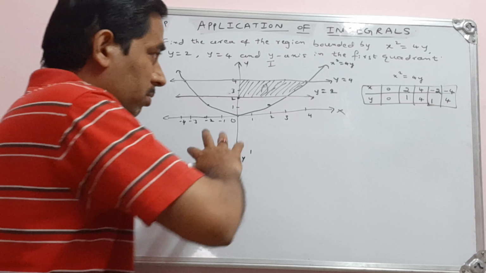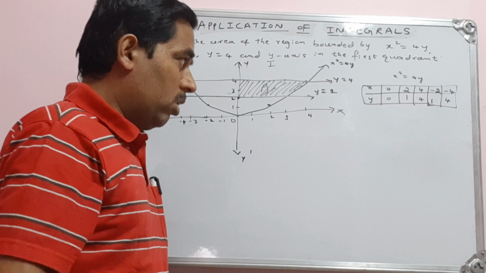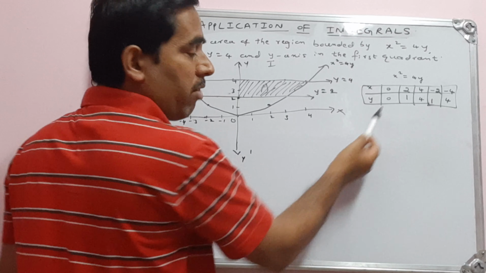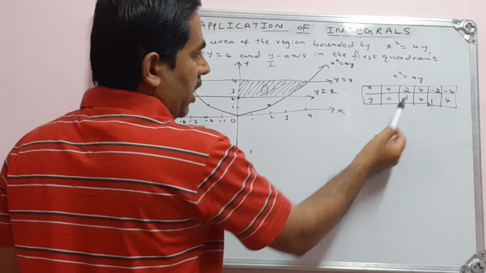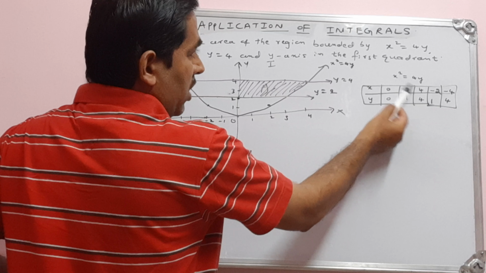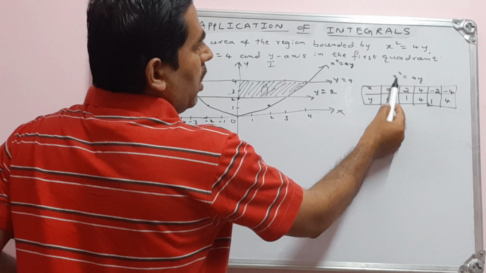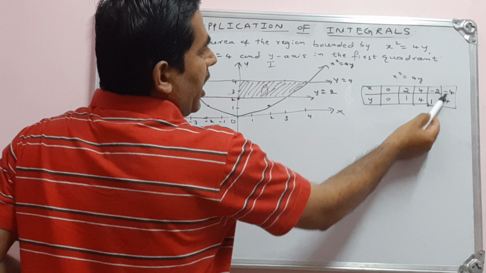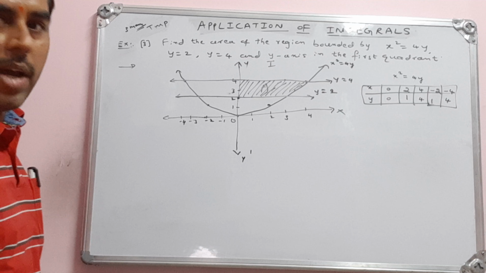See, we have to draw a rough sketch for this. So if x is equal to 0, so if I solve for y, I get 0. So if x is equal to 2, 2 square is 4, so 4 by 4, that is 1. Then if x is equal to 4, then 4 square is 16, 16 by 4, that is 4. Then for negative values also I get the positive. So marking all these points, it is an upward parabola.